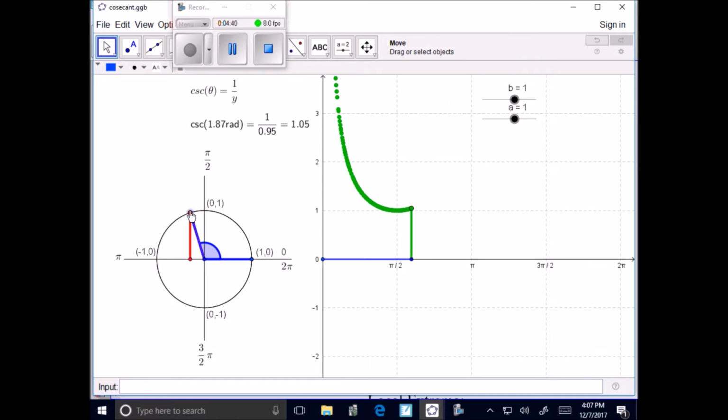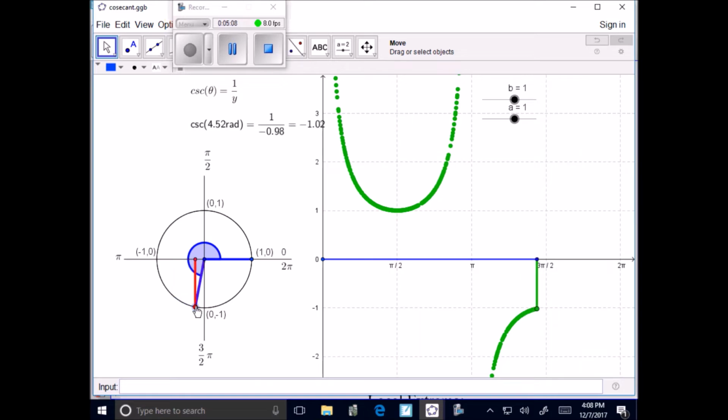So right here, rotating through the second quadrant, we're dividing 1 by smaller and smaller numbers, and that makes our function values go up to positive infinity. Rotating through the third quadrant, we are going to start out with very, very small negative y values. And when we start dividing by very, very small negative y values, we see very large negative numbers for our function values with cosecant. So right here, we're coming up from negative infinity with the graph of cosecant